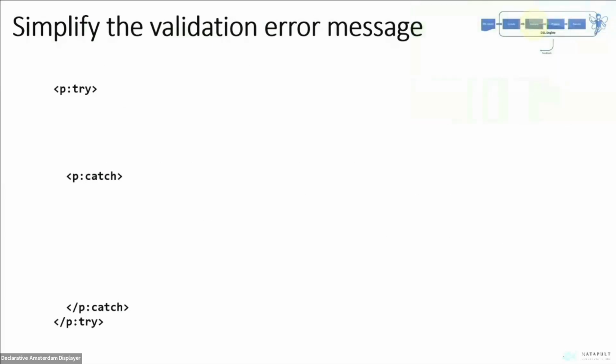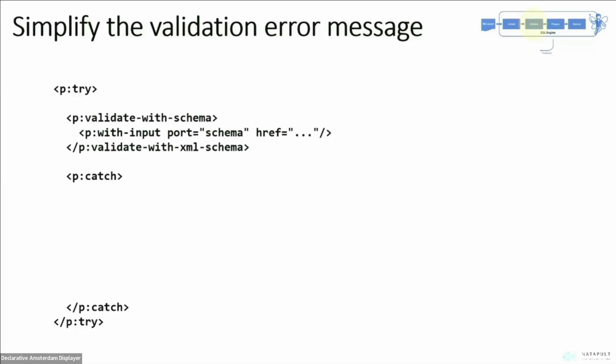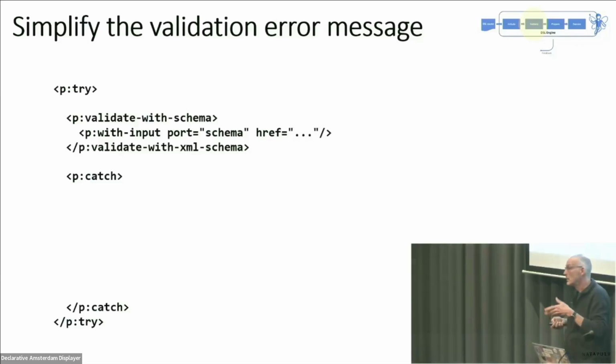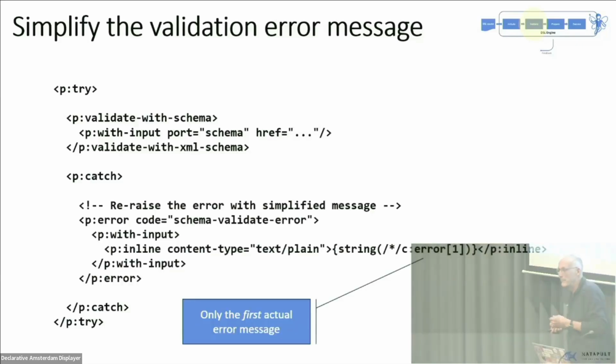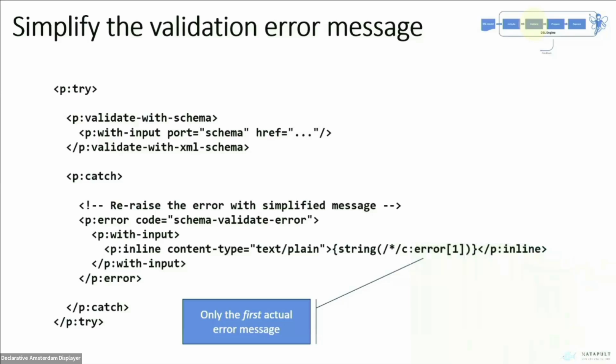And here's how you do it. You use the try-catch instruction. You validate within the try, and in the catch, you re-raise the error, but only pick out the interesting bit. In this case, we only pick out the first error message. And maybe now you're thinking, there may be more than one error message. You're correct, but